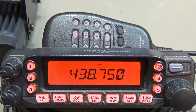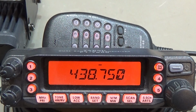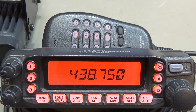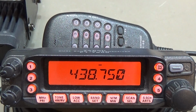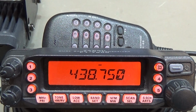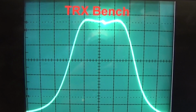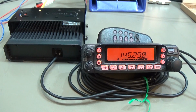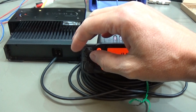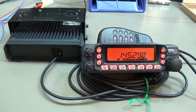Today here on the bench, a Yaesu FT-7800, which is noisy on transmit. So let's see what's going on here. Welcome to TRX Bench. Okay, radio is already connected, as you can see, and it seems to work on receive